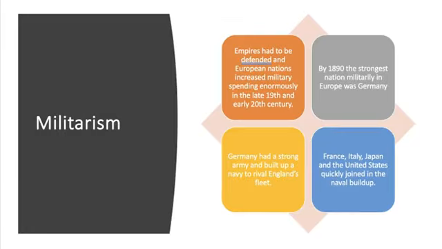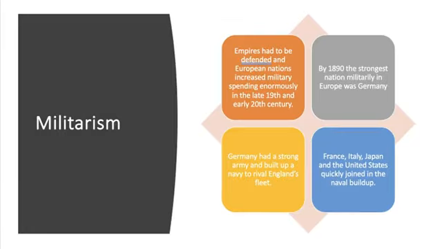We can also see that France, Italy, Japan, and the United States will create large navies. And for places like England, they also are going to continue to maintain a lot of their military assets. So when it comes to militarism and why it really matters, we can of course think about the fact that World War One is going to take a lot of these new innovations, these new guns, new weapons, new technologies, and will use those weapons in other parts of the world on a larger scale. So instead of just protecting their empire, they are now going to be protecting their home front, as well as having more aggressive campaigns against other nations.